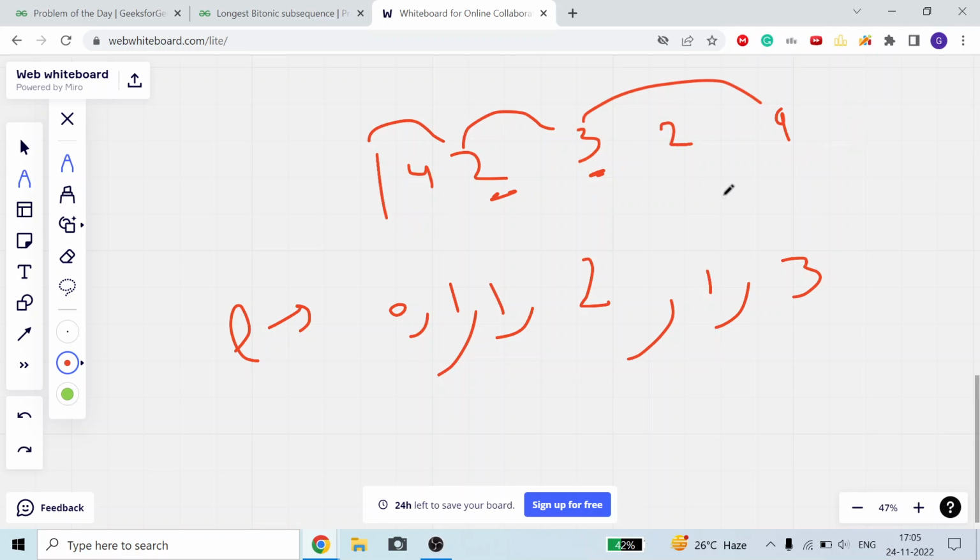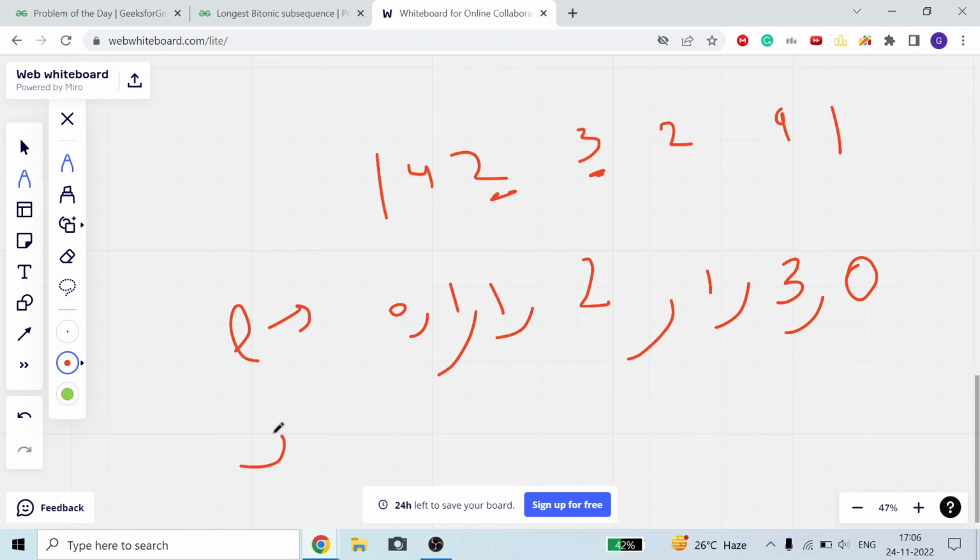Okay, that's why it contains 3, not 4, it contains 3. Suppose we have one more element, that is 1 here. Now for 1, can we select 9? No. 2, no. 3, no. 2, no. 4, no. 1, no. So it will be 0, meaning before 1 I cannot have any single element. So L will look like this.